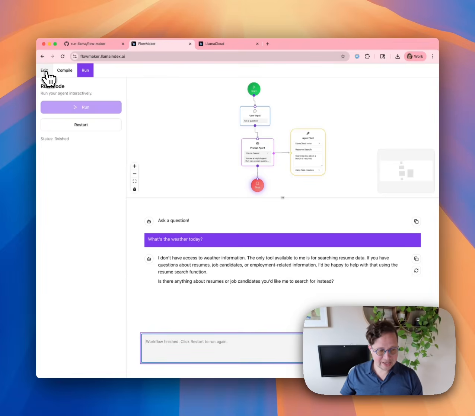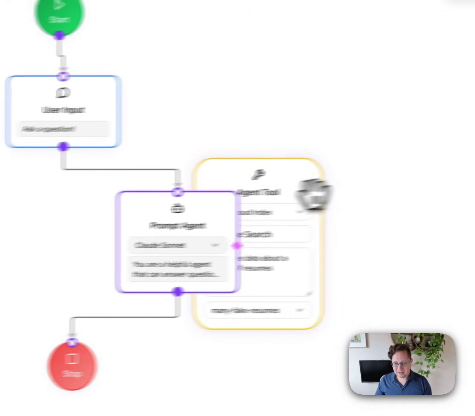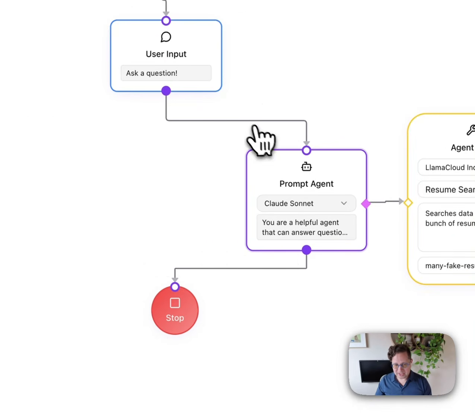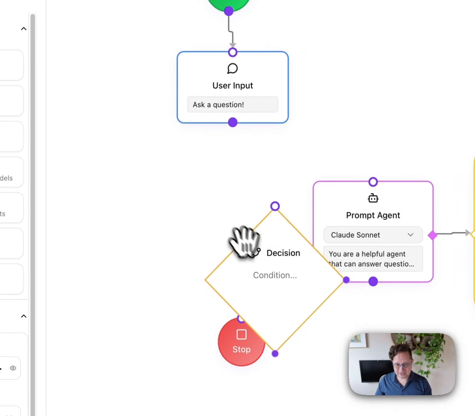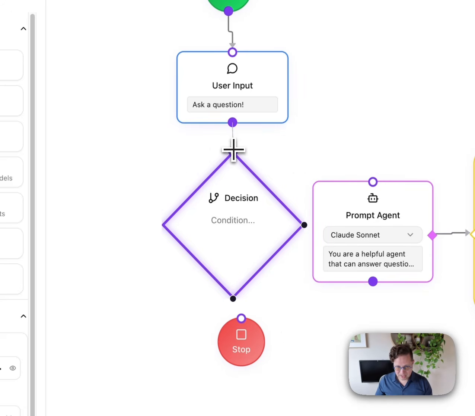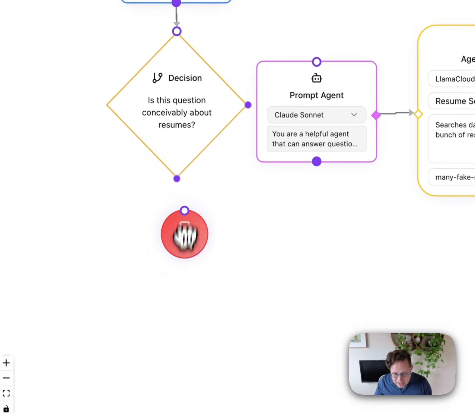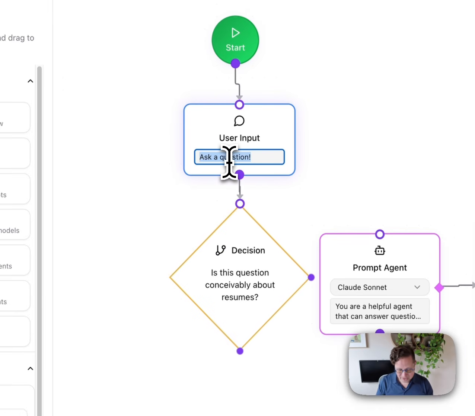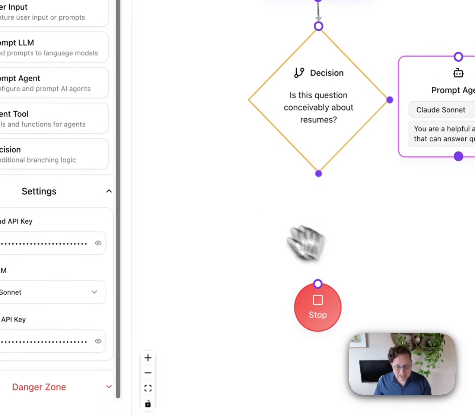So let's go back to our graph, and let's say that we're not always just going to call the agent. We're going to make a decision first. The decision is: is this question conceivably about resumes? And we'll modify our question. So it's, ask a question about the candidates. If it's not,